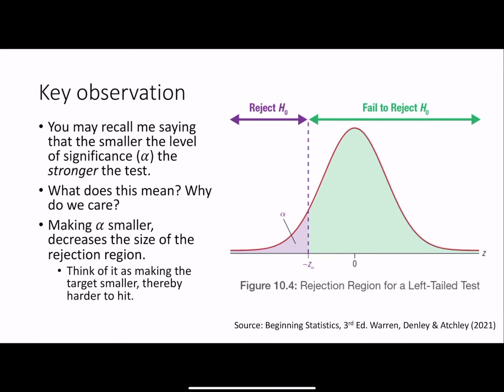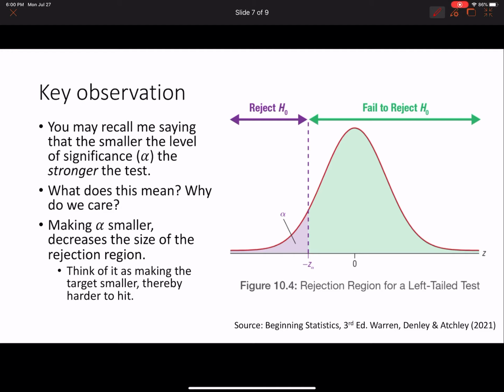And finally, we've got a key observation here. You may remember me saying in the videos about this that the smaller that level of significance, that alpha, is, the stronger the test. Now everybody says, well, why? What's really happening here? Well, I want you to think about this. If we make the level of significance smaller, if we make alpha small, what that does is it actually